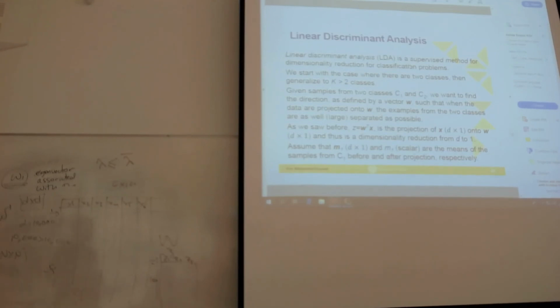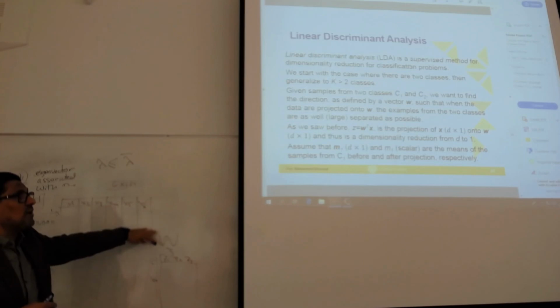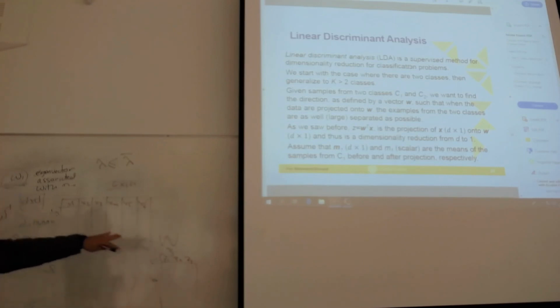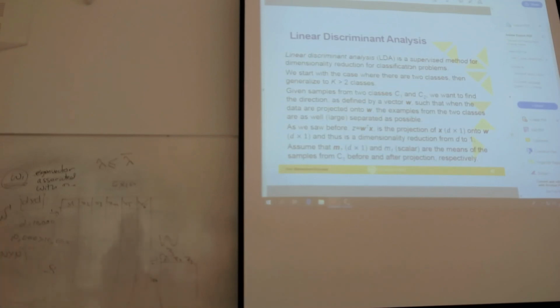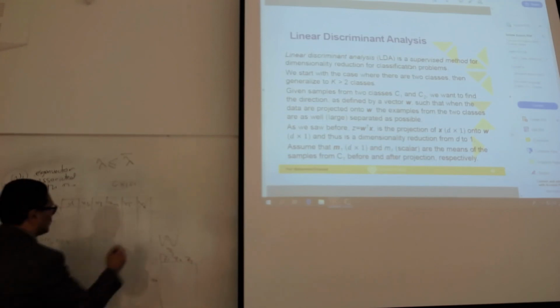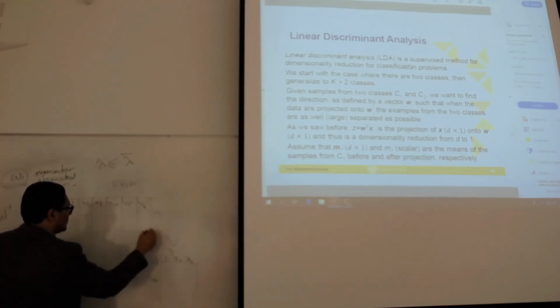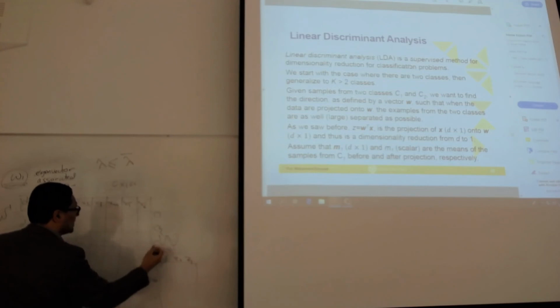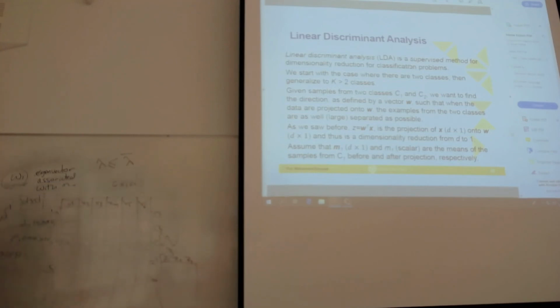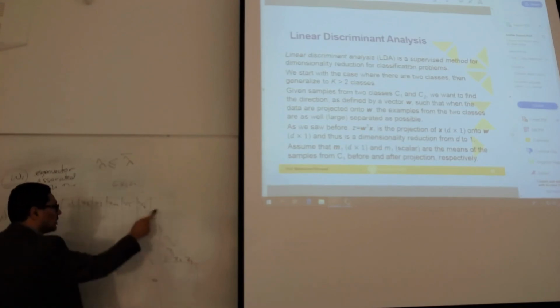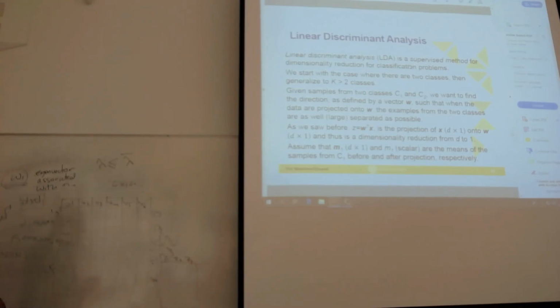Linear discriminant analysis is the same as PCA, but now we take into account also the resultant. So it is supervised data reduction, not unsupervised, and this will be the topic of the next lecture. If we know that, for example, this belongs to class 1, this belongs to class 2, this belongs to class 1, if we know the result of the data, how can this be used in order to reduce the data size.